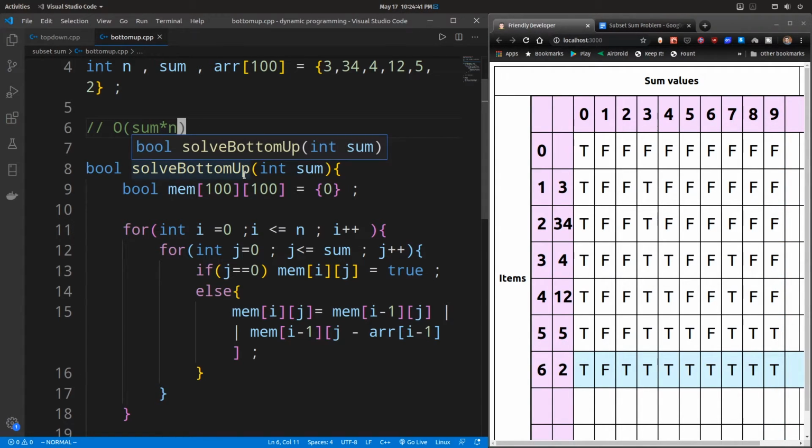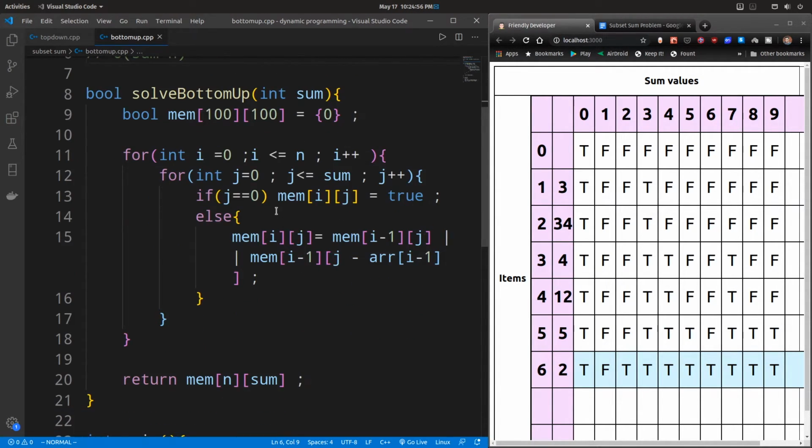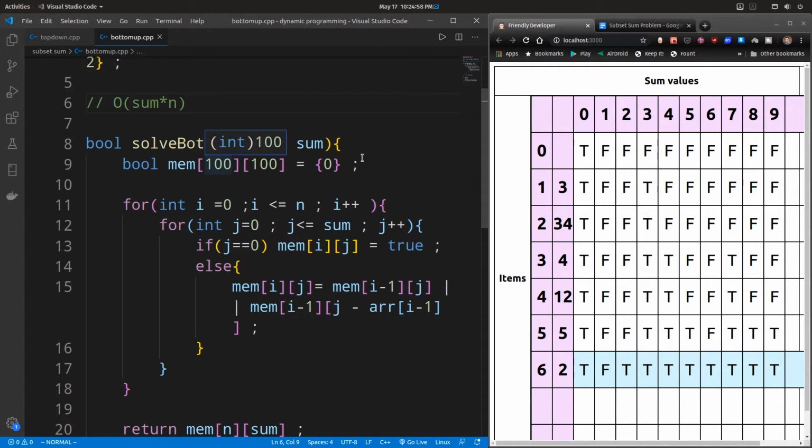That is the space complexity, and also the time complexity. We have a loop that goes from 0 till the number of elements n, and another loop which goes from 0 to sum. But can we do better, guys? Yes, we can.